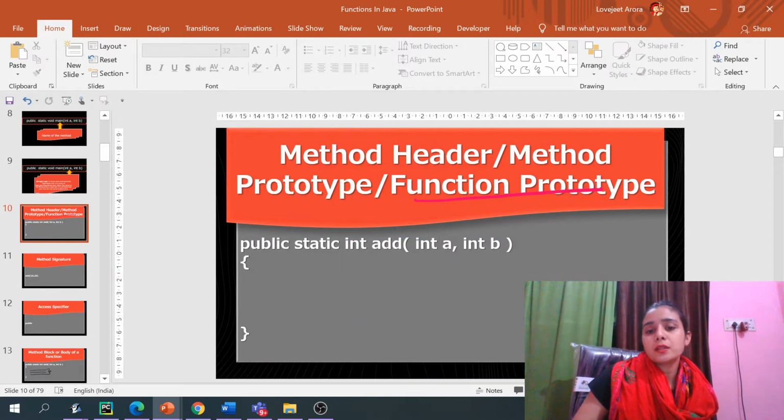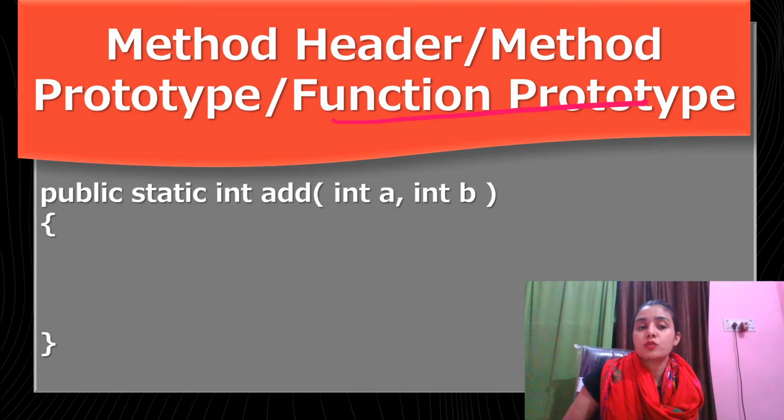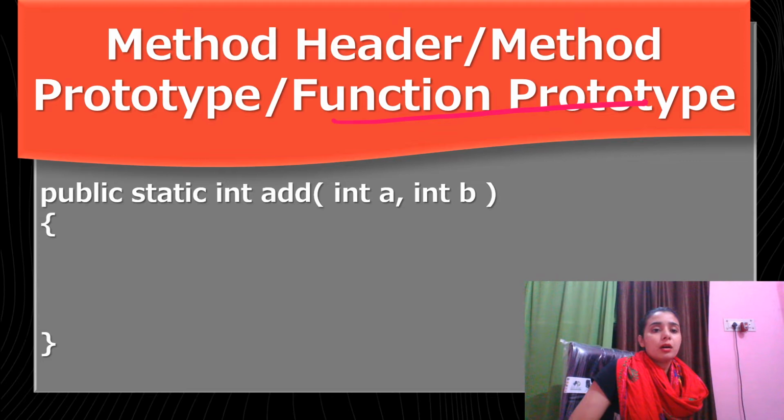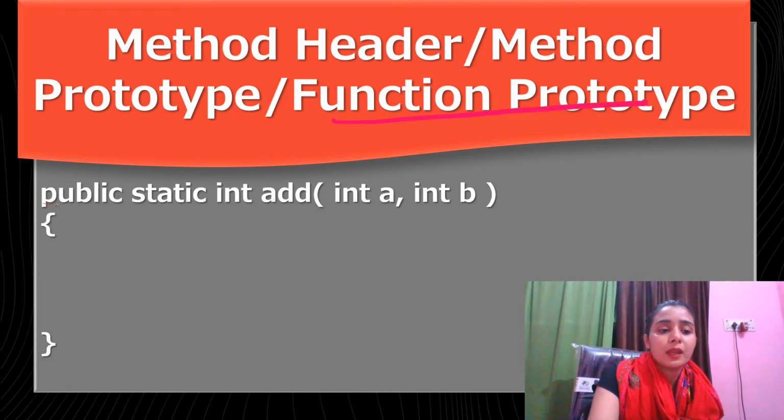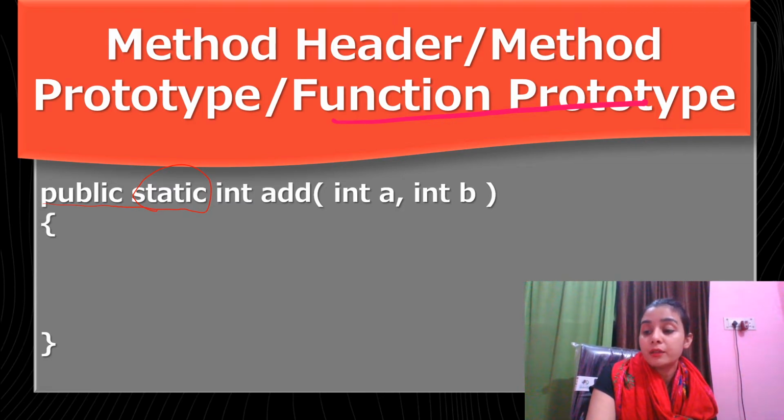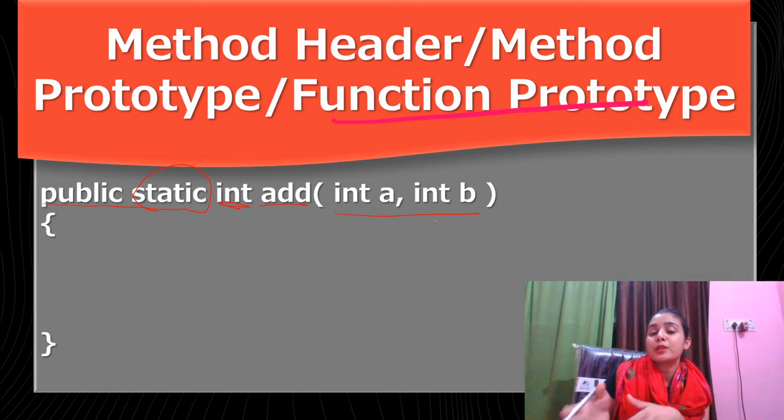Okay, so guys, next, this is a very, very important thing. Children are having confusion, asking, ma'am, what is a function header, what is a method header. Method and function are the same thing. So function prototype, method prototype. Guys, this is my method prototype, right? What I have given there is public static. That means no need to create the object of this class, and without an object we can call it, right? Next, this is integer, that means the return type, then the name of my function, and these are my parameters, which are the arguments I am receiving from the function call. These are also called the formal parameters, formal arguments.